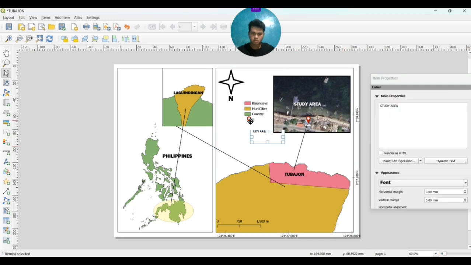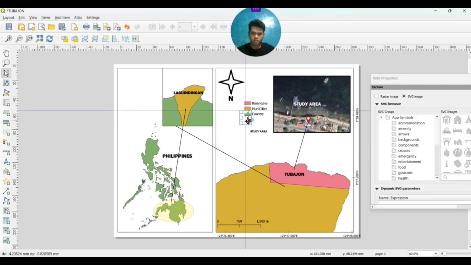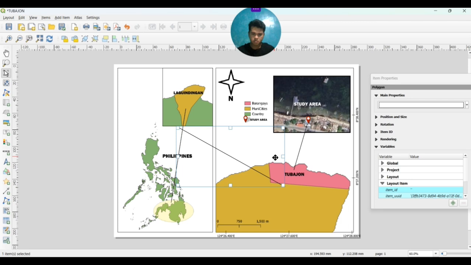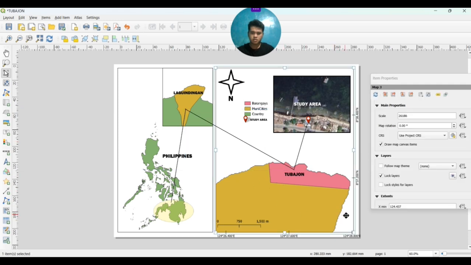So I have to move this one right here. This one right there. And it looks fine. So let's place it back to its original place. And that one.